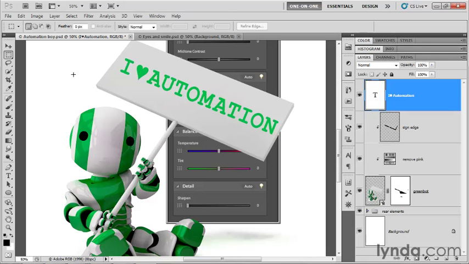It's a very clumsy mimic at this point. So the question becomes, should I go ahead and reapply the free transform command and try to finesse the results, or should I undo and start over? If this were a pixel-based layer, the answer would be definitely undo and start over, because every time you apply